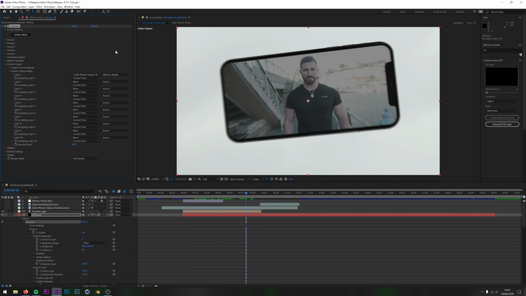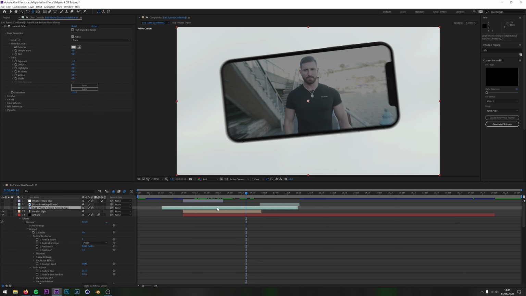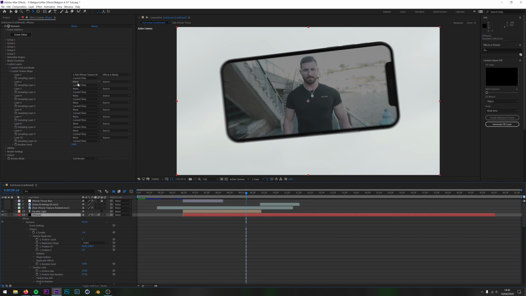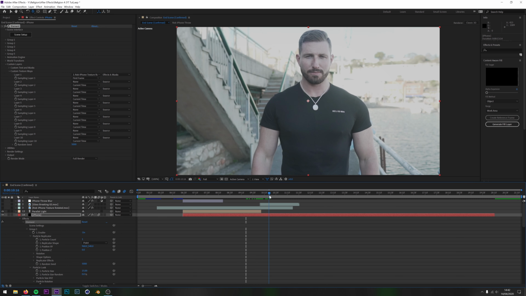Okay. The only other thing to concern yourself with is these here. Now, this is going to be using the current time of that layer. So if I was to move this layer, you can see Rob's moving. All right. So it's using the actual time of this layer where the playhead is at that time. As you can see, it's moving like that. If I was to go into first frame, it's going to use this first frame here, but it's going to be paused at that first frame. So he's never going to move. He's just going to stay completely still, and he's not going to do his little flick thing.